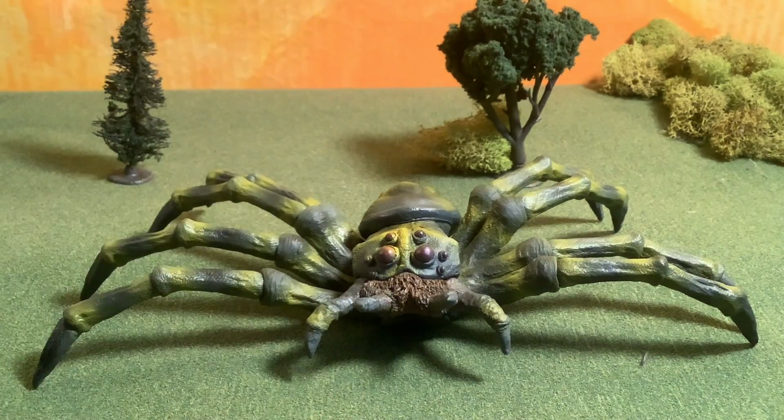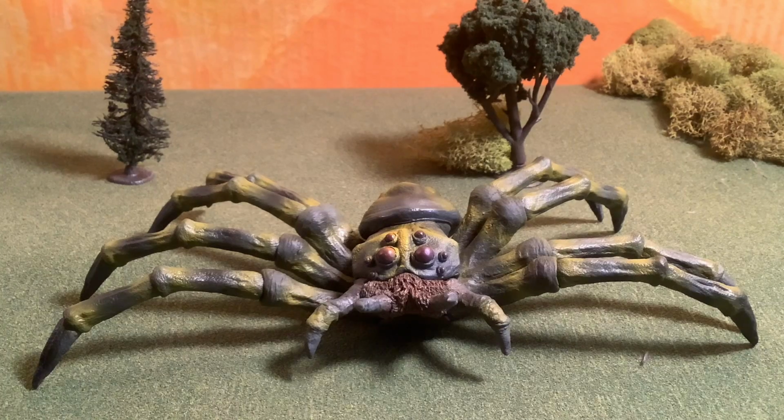So that being said, let's go on to the next thing I like about this figure. So the next thing I like about this figure is indeed the detail. Now, the reason why I like the detail on this figure is mainly...